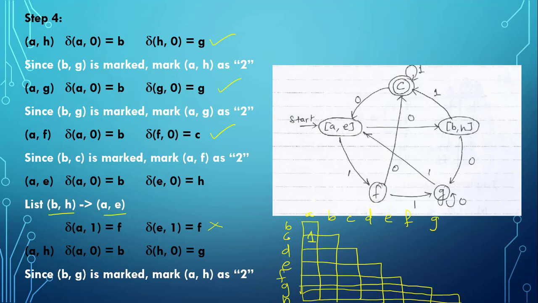Okay, so we were marking this as 1 since C is our final state. So this will be 1, this will be 1, this whole row, whole column will be 1. Okay. And according to the steps that we have followed, this will be marked as 2, this entire column gets marked with 2 except with H. Okay, from F this gets marked, all the 3 cells get marked as 2, then this cell gets marked as 2, this gets marked as 2, and these 3 cells get marked as 2.